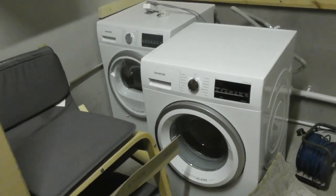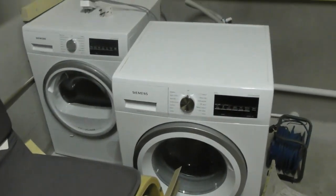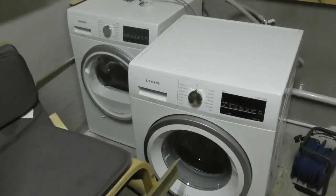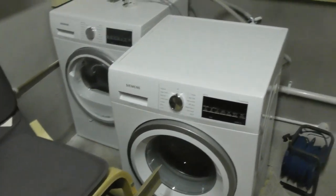RH3VTD800. So anyway guys, I'm going to do an update video this evening on what's been happening in the garage recently, because currently both machines are out of action at the moment. So as you can see,